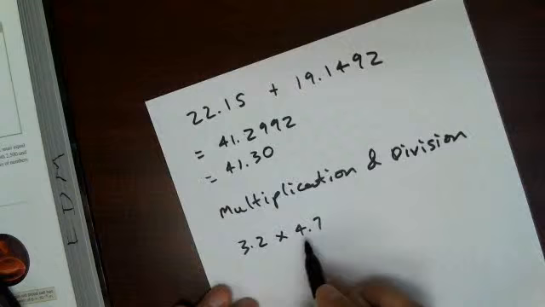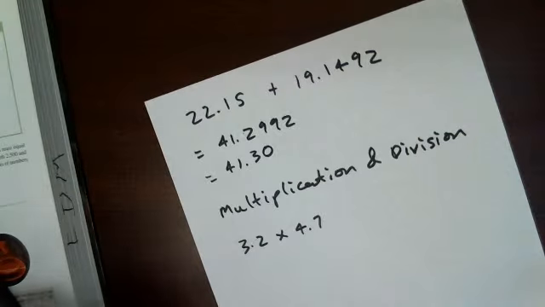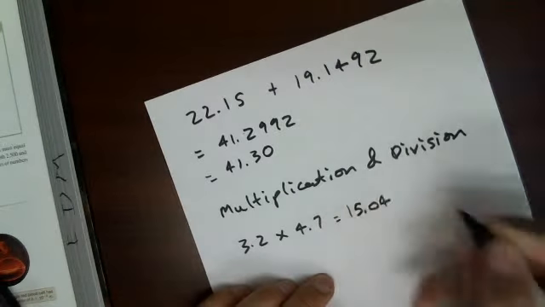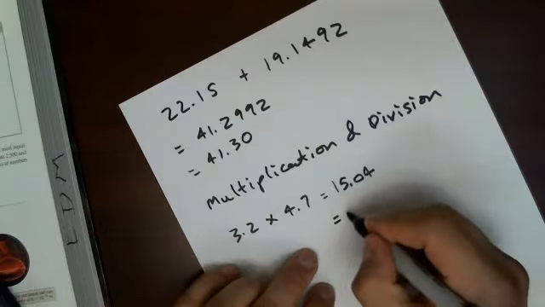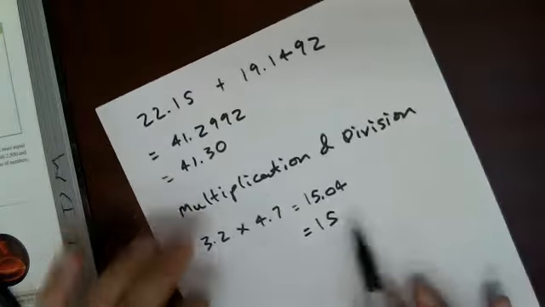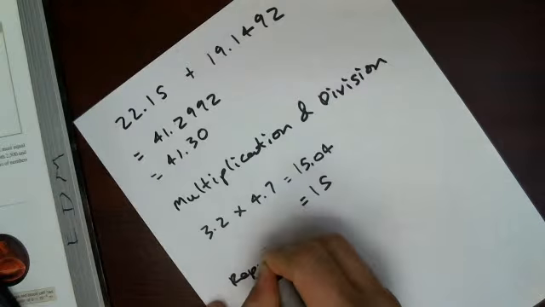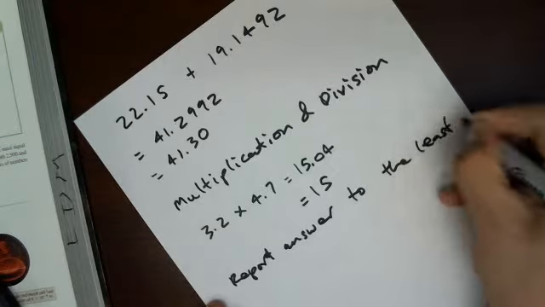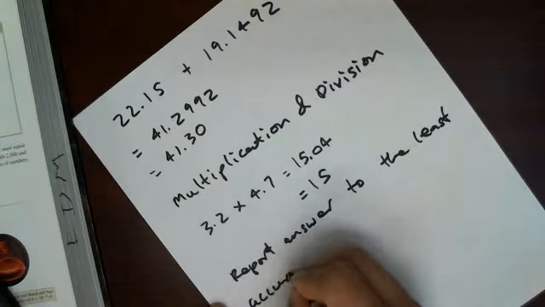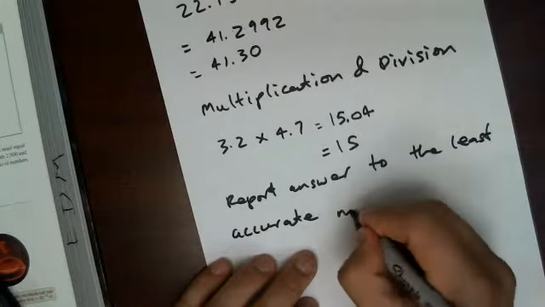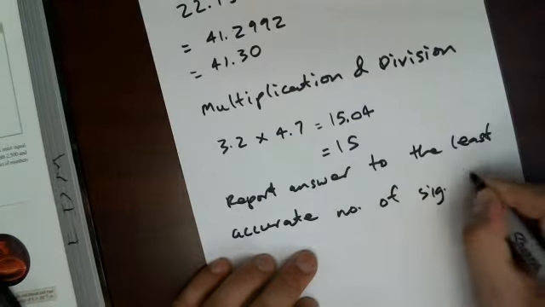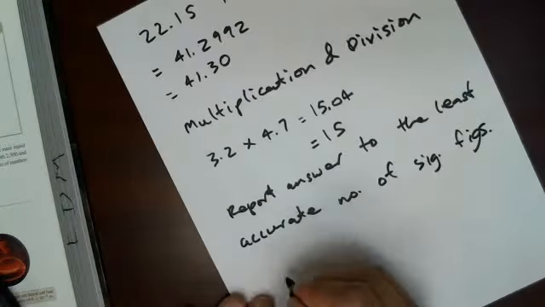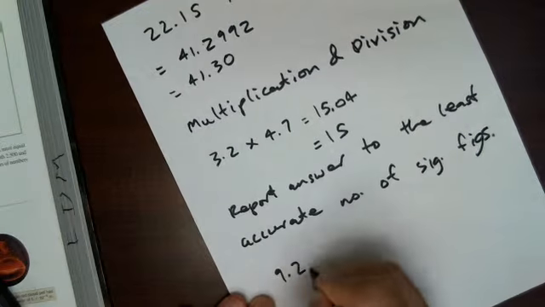And so here, if we look at that answer, we get 15.04. This would actually be 15, because what you do is you report the answer to the least accurate number of sig figs. Okay, so in this case they're both 2 sig figs, so the answer would be 2 sig figs. If you had say 9.2 times